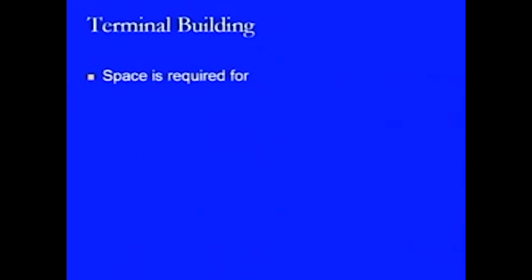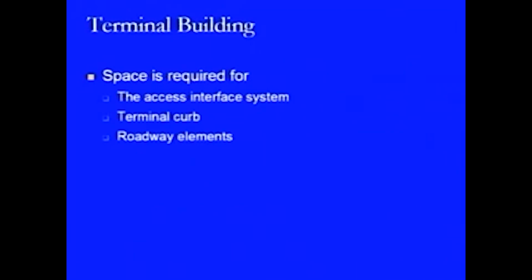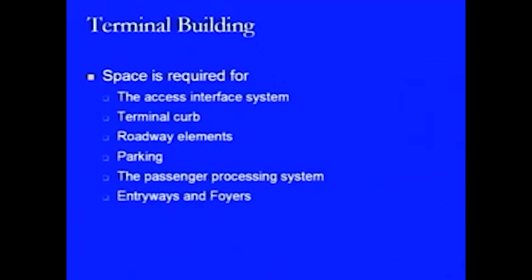On that basis, what we found is that space is required for the access interface system, the terminal curbs, roadway elements, parking, and the passenger processing system, the entryways and the foyers, the terminal lobby area,